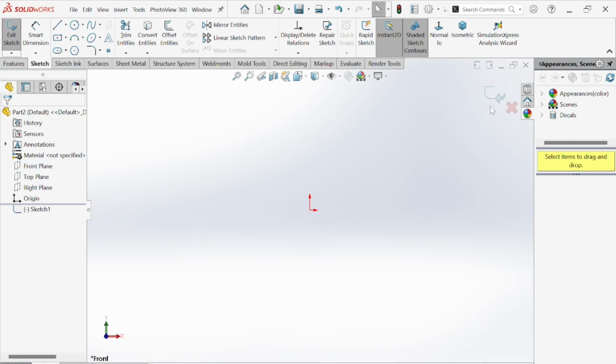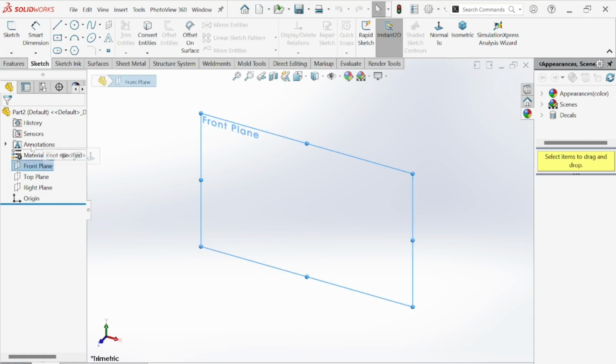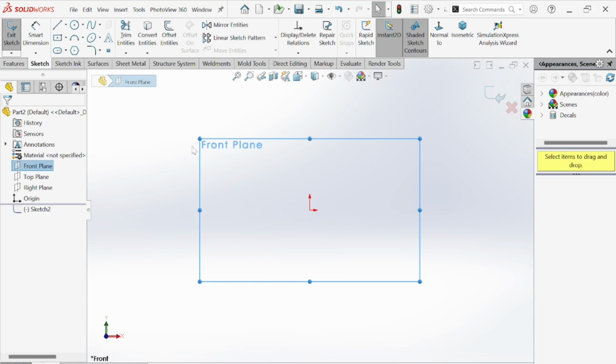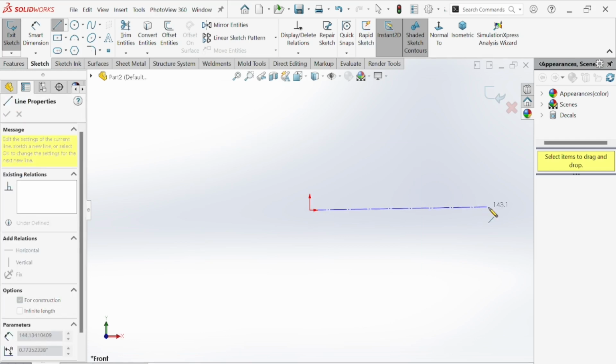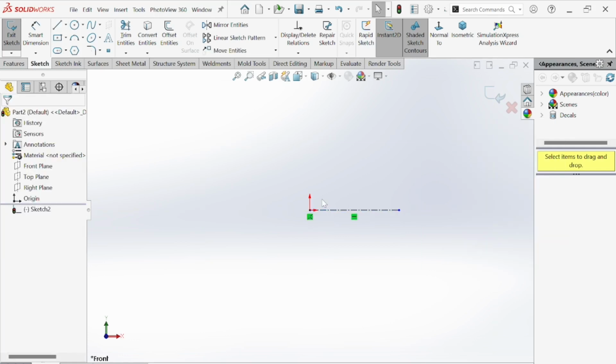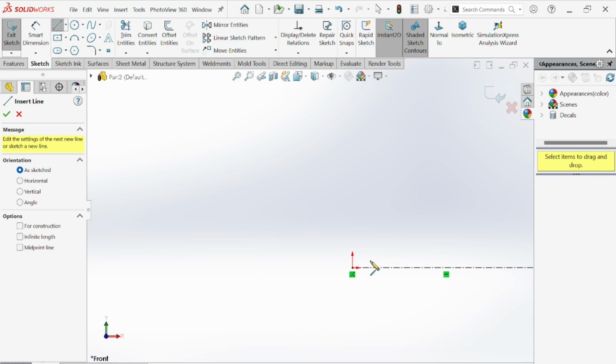If you do not get something like this, then simply click on front, and go to the sketch option. You will get the option for sketch here in the left corner. Simply click on it. Now we have to select this one. Come here and select center line. No need to give the measurement yet. Simply go here,